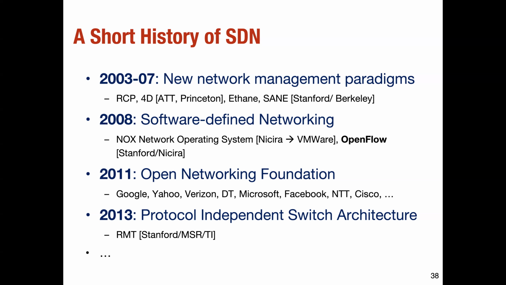And one instantiation of that was RMT, which was reconfigurable match action tables, right? What we read about earlier was a match action table, but those were fixed functions. The type of matches and the type of actions were fixed, but with reconfigurable tables you can reconfigure what type of actions you want to take within the same hardware over time, right? We will cover RMT in greater detail in the next few lectures. But I just wanted to give an overview: we studied OpenFlow, and it's just a small part of the bigger story. There was a lot of effort going on in the networking community, and it was critical, but it is still just one instance of a good idea getting instantiated, right?